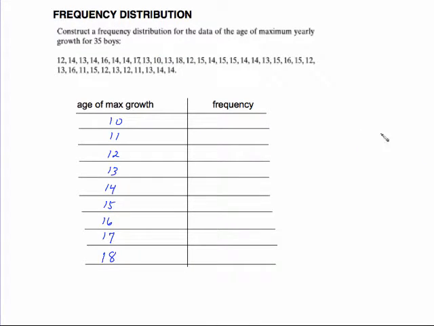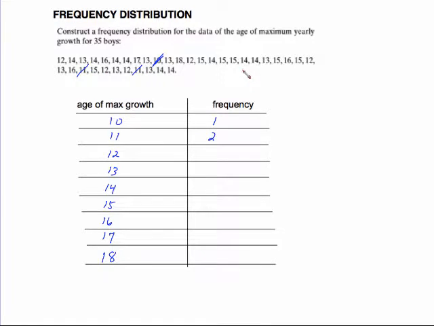Now, there are 2 ways to do this. You can do tally marks. You can say, okay, here's a 12, put a tally mark. Here's a 14, put a tally mark. But that, to me, takes a lot of time. What I do instead is I start with this first number, 10. And I look through here and count up how many 10s I have. But as I count, I cross them off. There's a 10. You see any more 10s? Nope, the frequency is 1. The next number in the chart is 11. So go through here looking for any 11s, there we go, 1, 2 11s,